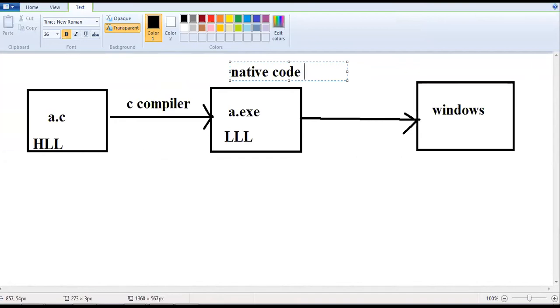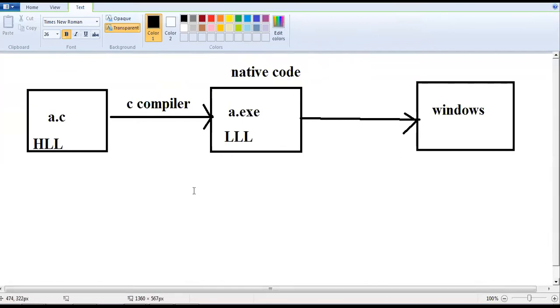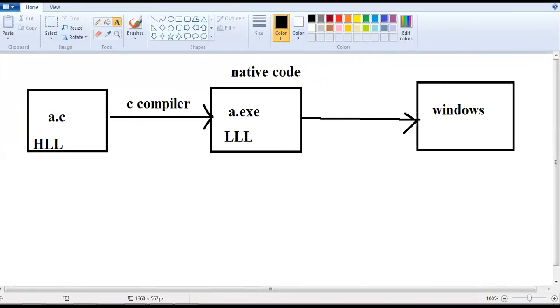Is it clear? Clear, guys? This is C program execution.